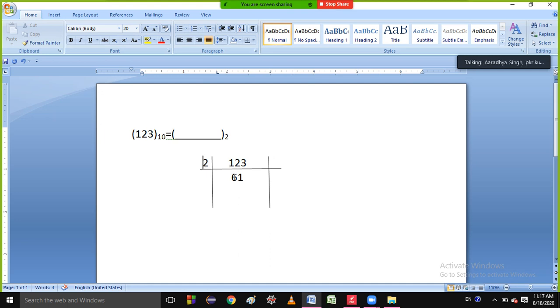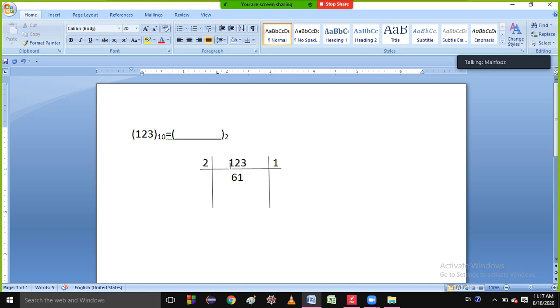So the quotient will be here and the remainder goes here. Suppose you are dividing 123 by 2, then what is the quotient? 2 6s are 12, then 2 1s are 2. Then how much remainder remains? 1. Did you get this point or not? Did everyone get this point? If you didn't get it, then please tell me immediately.